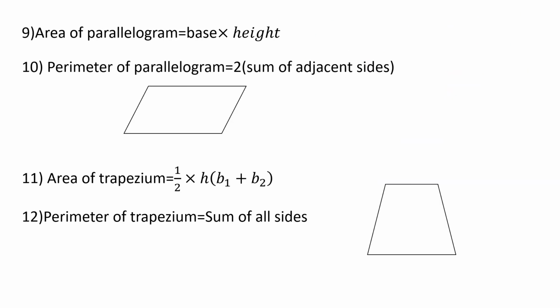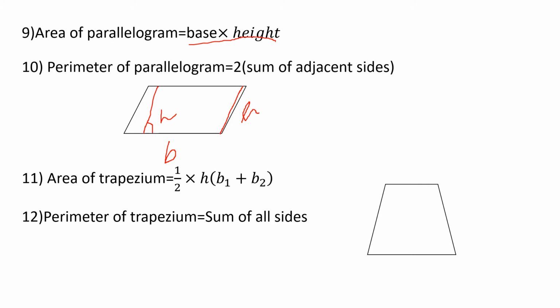So, parallelogram, area of a parallelogram. This is a parallelogram, right? Here opposite sides are equal. For a parallelogram, opposite sides are parallel and opposite sides are equal. So this is the base and this is the height, right? We can say this is also the height. So what is the formula for the area of a parallelogram? Base into height. If we are taking this side as the base, then this will be the height. So the area of a parallelogram, what is the formula? Base into height. Just keep in mind, base into height.